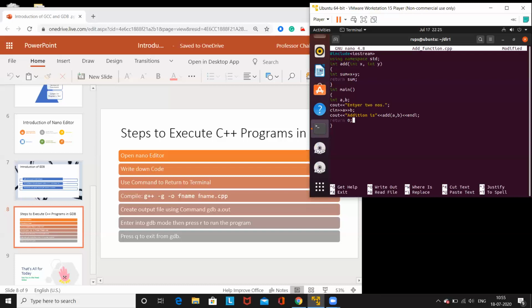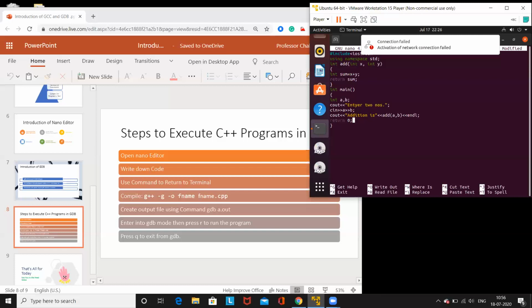So just see the code. It is not too difficult. I think all of you are familiar with the C language, so you should not face too much difficulty understanding this code. First of all, the header file, then namespace std. It is required. I told you these two are required for iostream and std. These contain the definitions of cout, cin, and so on. Add is the function. The task of the function is that it will take x and y, add them, and return that summation.